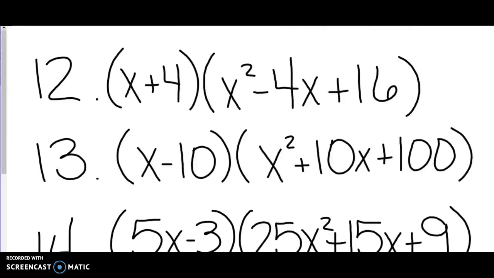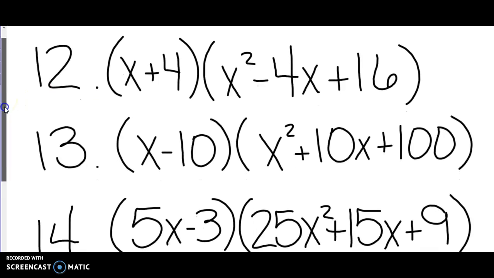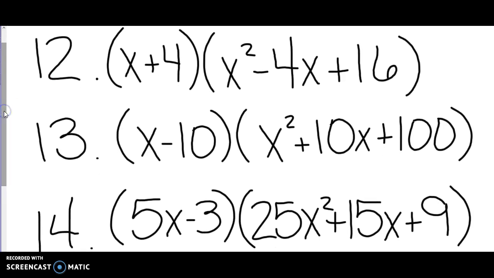So when you did SOAP, you had to find your cube root of each part, and then again you did SOAP. So when you were factoring a difference of cubes or a sum of cubes, these are the answers for that. All right, let's go on and talk about